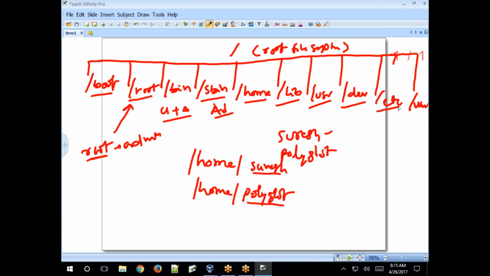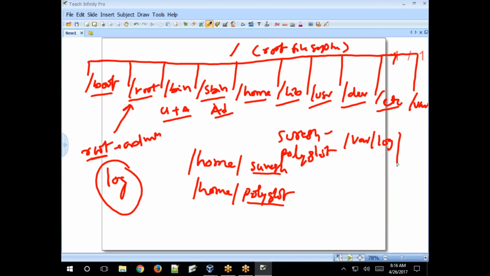Where will log files be stored? What is a log? A message. When a service is running under your operating system, it generates messages like errors and access logs, and those will be stored as log files. The default log file location is the /var/log directory. So you can easily identify it: if you want to track the log files of any service, just go to this directory.